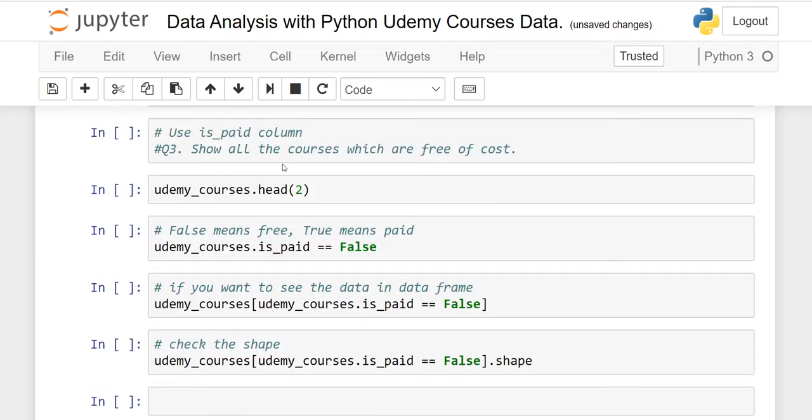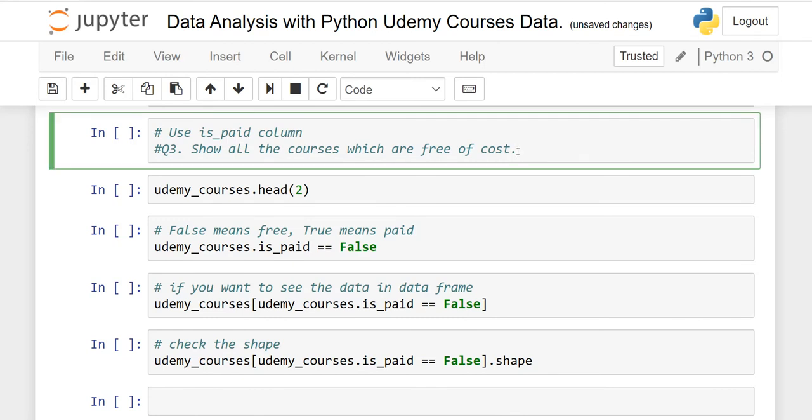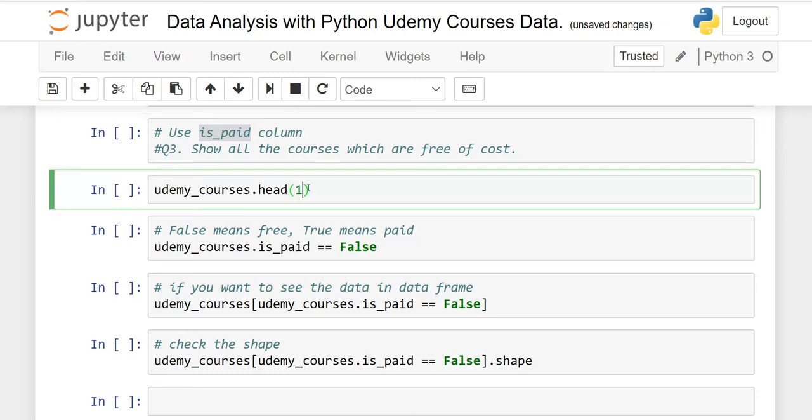It says show all the courses which are free of cost. Again, first of all, we have to think which column we have to take. So is paid, the is underscore paid column, right? Because in that column we have free or we have paid. So instead of these two, I can make it one, because we only want to see the column, right?